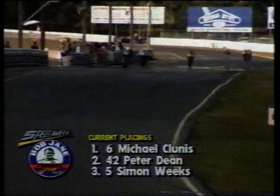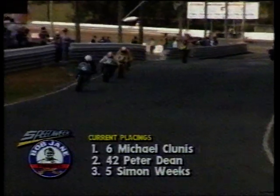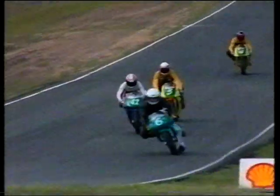Indeed. Michael Clunis sweeping into the lead. Payton will go to the pits now, and Clunis has got Dean right behind him, and back in third place is bike number 5, Simon Weeks, the leader of the championship. Well, this is going to do no end of good to the cause of Simon Weeks to take out the 1997 250 Grand Prix Championship as part and parcel of the Shell Advanced Australian Road Race Championships, as they now